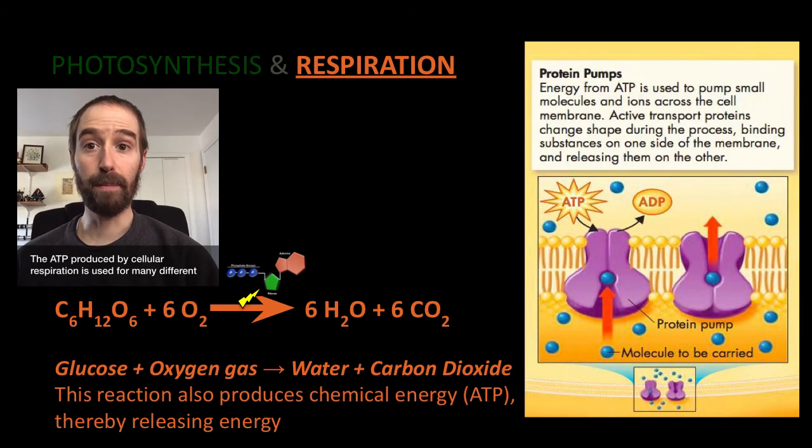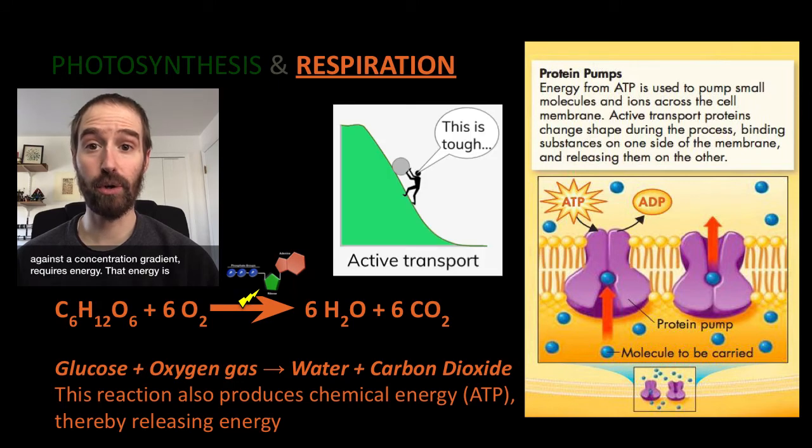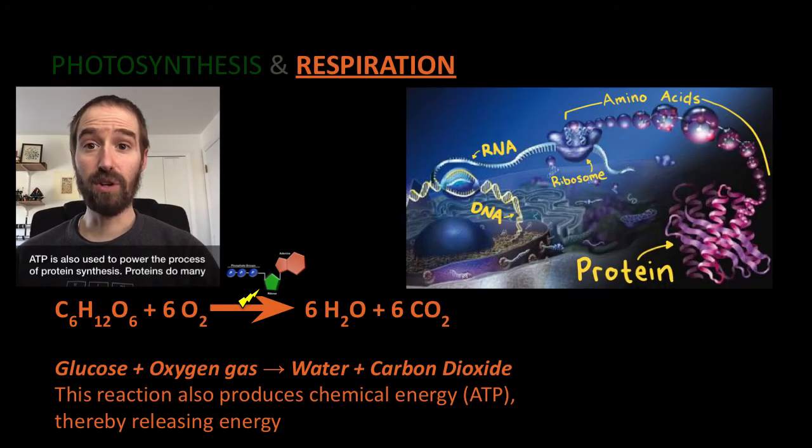The ATP produced by cellular respiration is used for many different things. For example, transporting molecules into and out of our cells against a concentration gradient requires energy. That energy is provided by ATP, as we can see in this figure. ATP is also used to power the process of protein synthesis. Proteins do many important jobs inside our cells, and ATP provides the energy the cells need in order to build